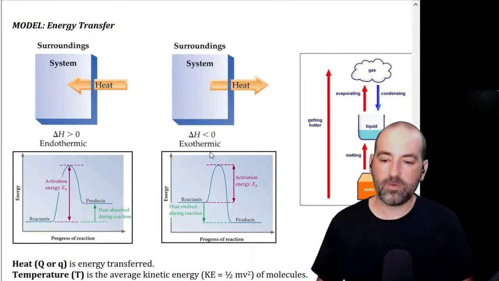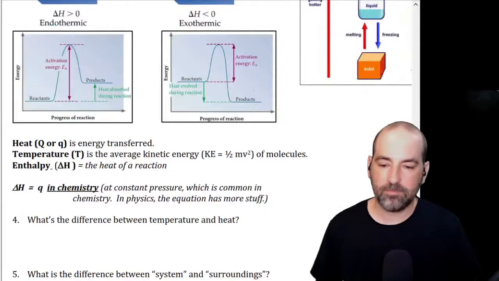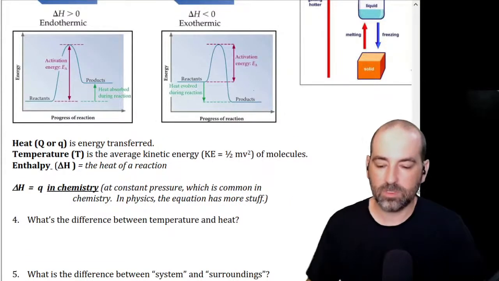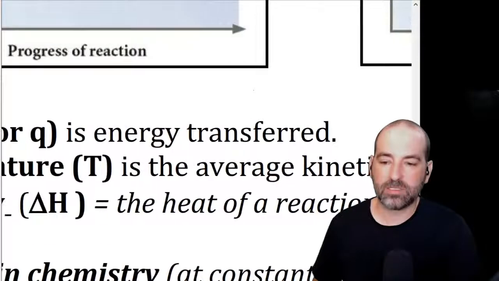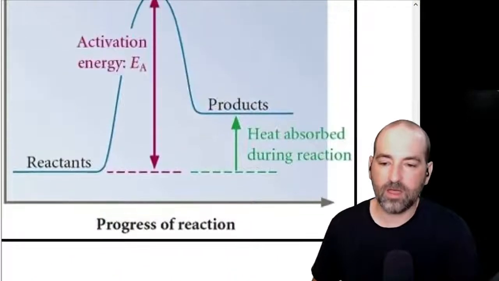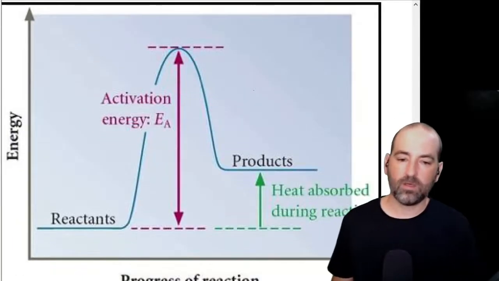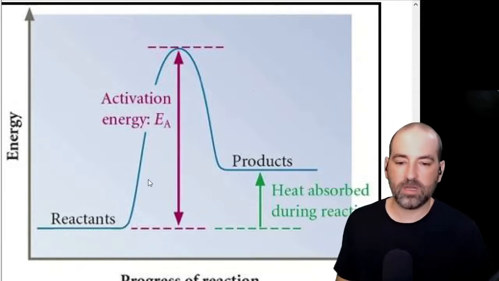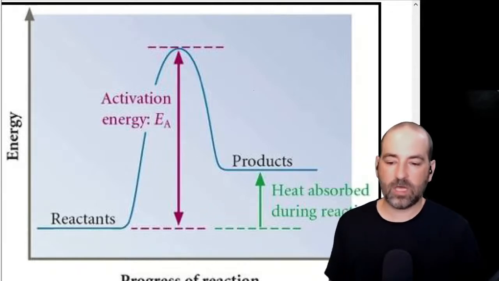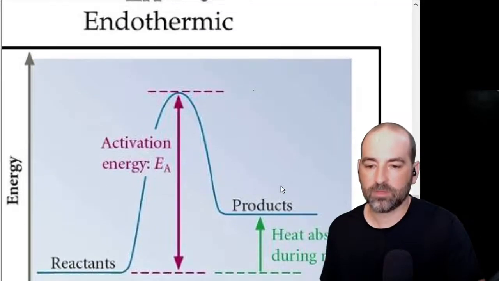Another way we can look at this is through something called a reaction coordinate diagram, which is what these things are here, where we track the process of a chemical reaction and we think about what is happening to the energy. And we're going to use these for a couple different purposes. So let's take a minute to look at this. So in this type of a graph, the y, and I should label this for us here,